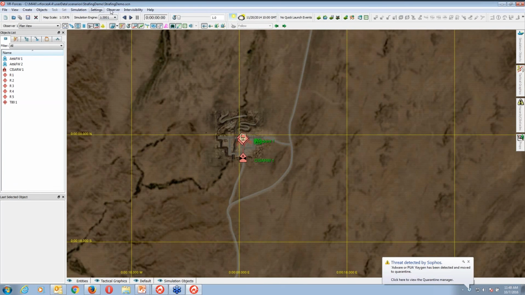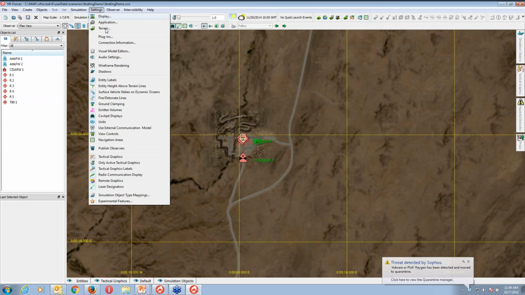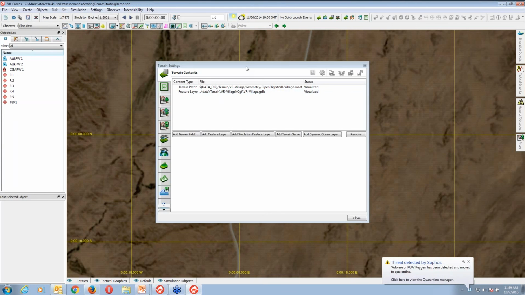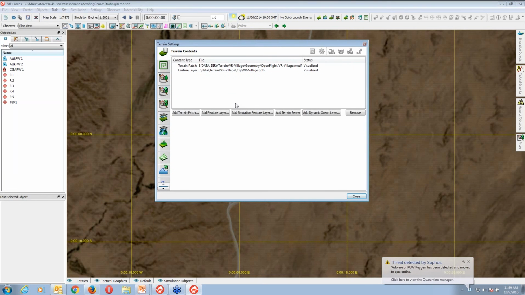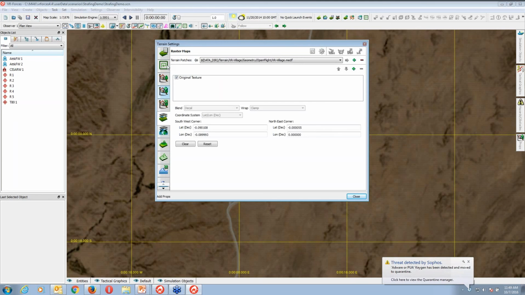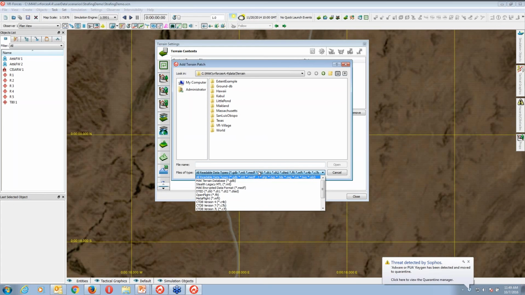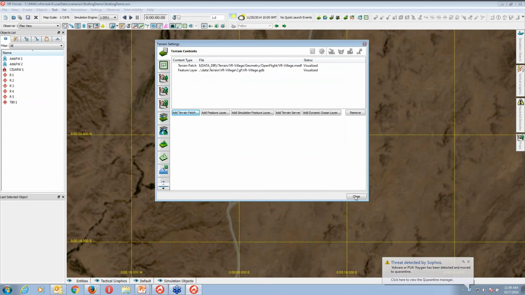Now I can show you some examples in terrain. We have one terrain option here. In the terrain option, you can see how we can import terrain. Here you can see we have a lot of supported terrain formats: GDB, MTL, MEDF, dictate file, FLT, MFT, C4P. All these kinds of terrain we can import.